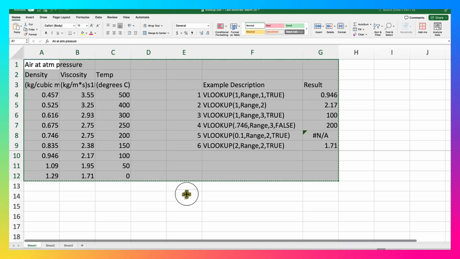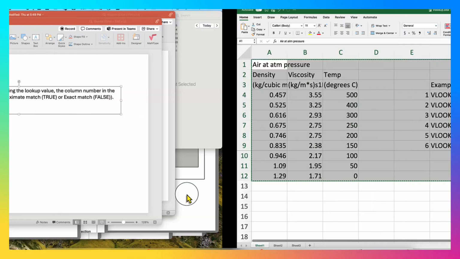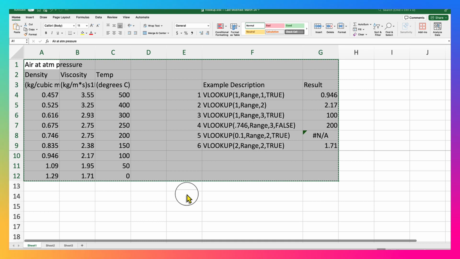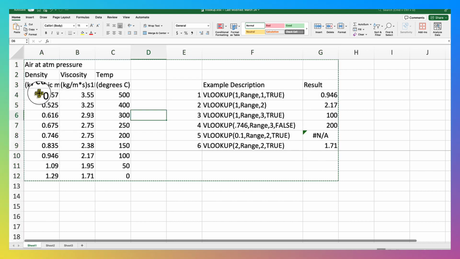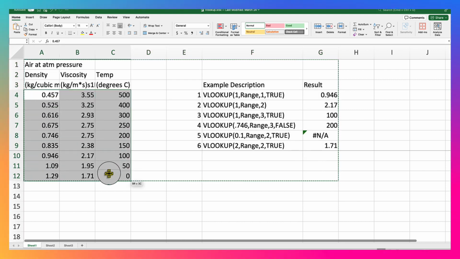In this short video, I'm going to demonstrate how to use the Vlookup function in Excel. First, let's look at an example here. On the left, from A4 to C12 is a data sheet. Each observation has 3 data points, and there are 9 observations. First, let me define the data range, name it as range, and then let's look at a couple of Vlookup